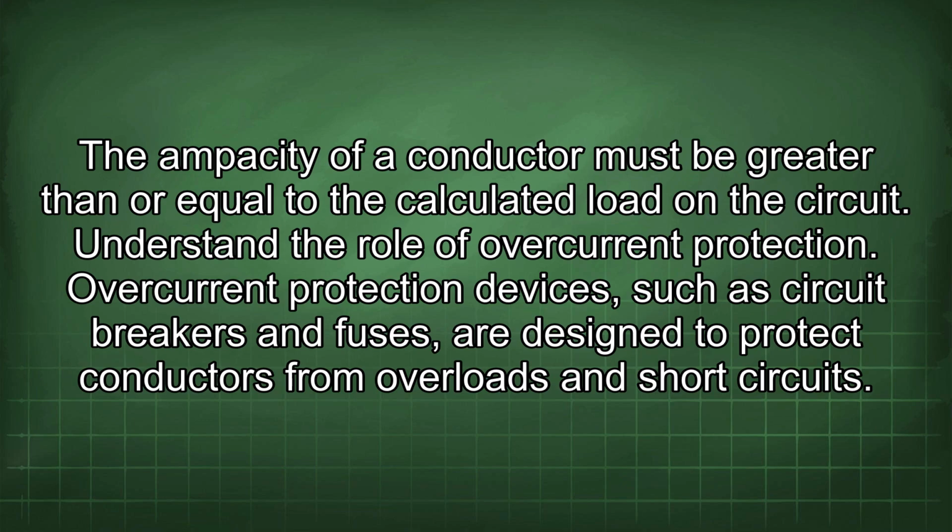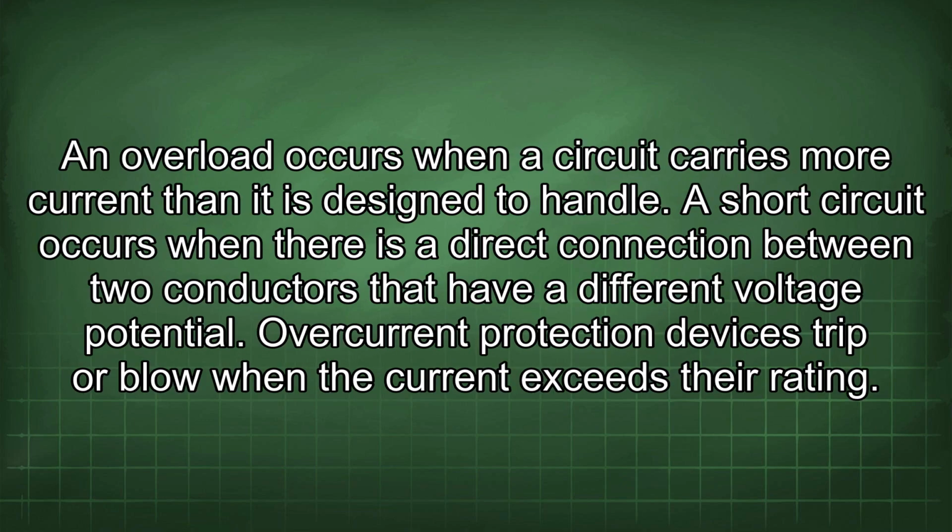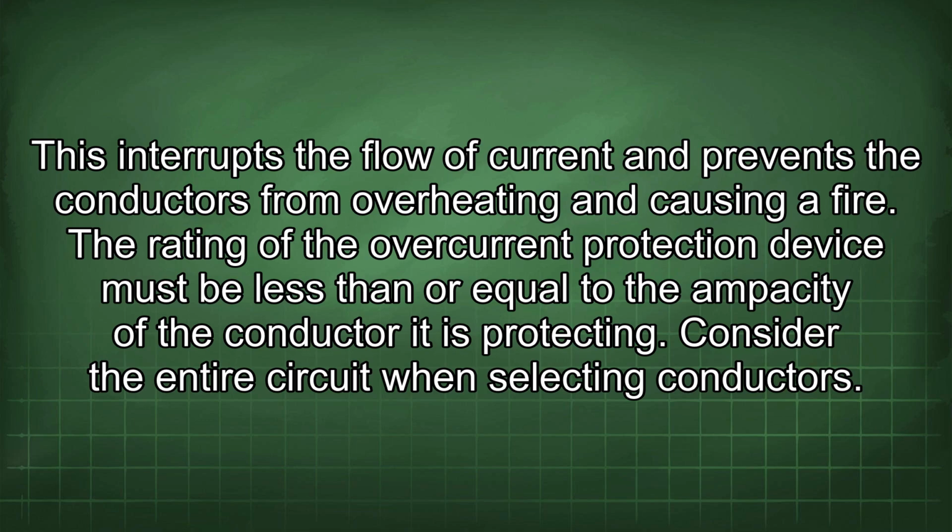Understand the role of overcurrent protection. Overcurrent protection devices, such as circuit breakers and fuses, are designed to protect conductors from overloads and short circuits. An overload occurs when a circuit carries more current than it is designed to handle. A short circuit occurs when there is a direct connection between two conductors that have a different voltage potential. Overcurrent protection devices trip or blow when the current exceeds their rating. This interrupts the flow of current and prevents the conductors from overheating and causing a fire. The rating of the overcurrent protection device must be less than or equal to the ampacity of the conductor it